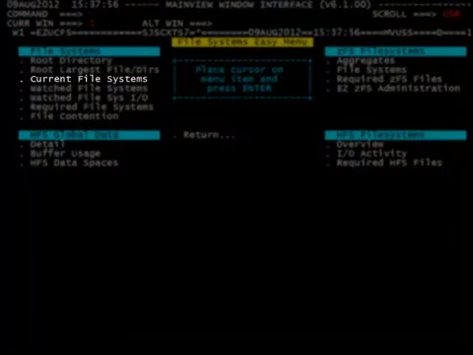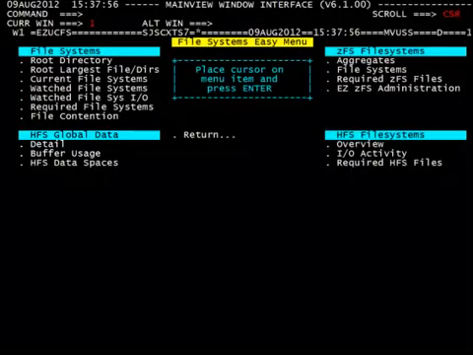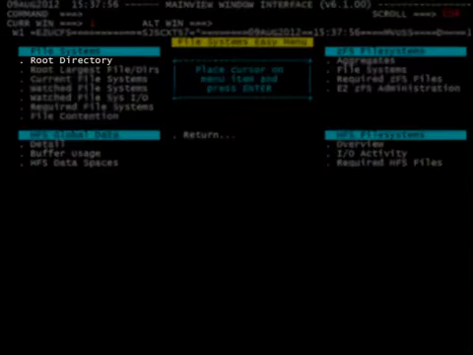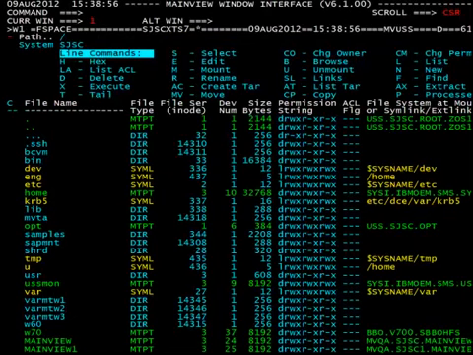Hyperlink on current file systems to list all file systems that are currently mounted and contain mostly static information. The HSF global buffer data shows the global buffer usage. If you have MainView for ZOS installed, you can hyperlink on the data space view for global buffers. To see what file systems are currently mounted and get allocation information, hyperlink on root directory. The F-space view